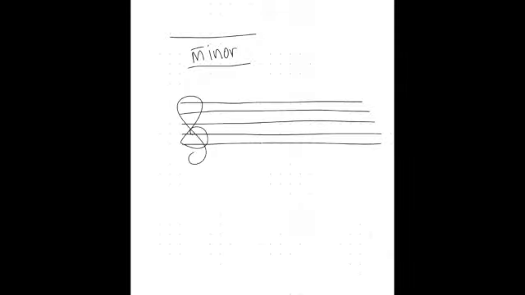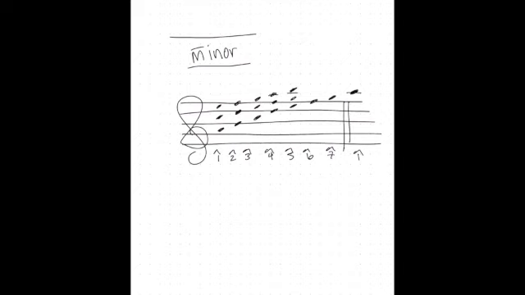In the minor world, let's say we take A minor. It's the same bones, same key signature as our C major from before, our original scale. But instead, we start on A. So A is considered scale degree 1, B scale degree 2, C scale degree 3, and so forth, on and so forth. And again, if we were to stack thirds and make triads based off of the scale degrees, diatonically,